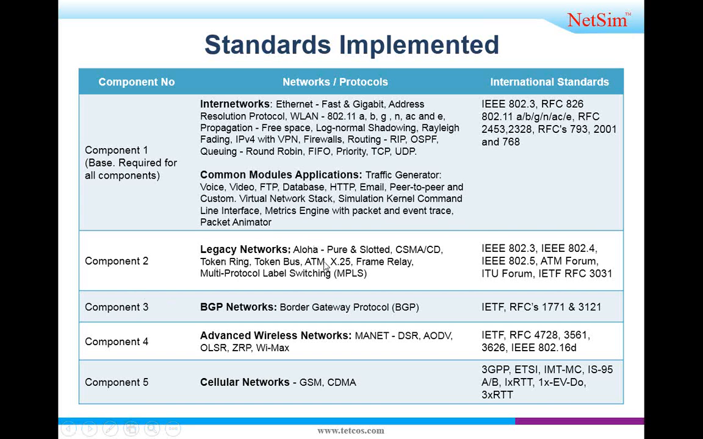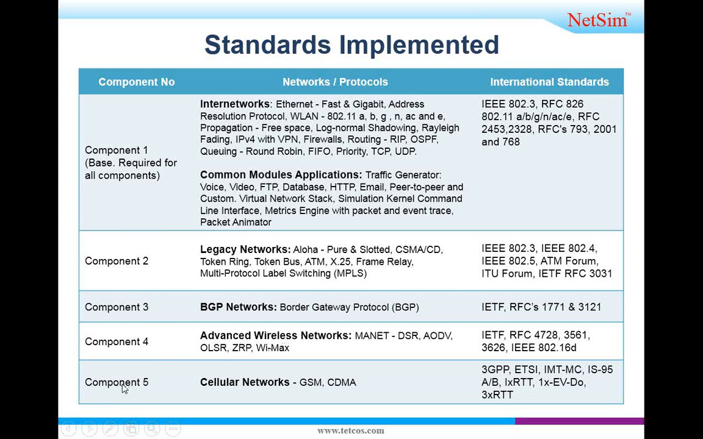Component 2 has some legacy networks like Aloha, Pure Aloha, Slotted Aloha, then the topologies, token ring, token bus. All these are included in component 2, and these are their corresponding international standards, which are according to their standards only. Component 3 is BGP, Border Gateway Protocol. Component 4 is Advanced Wireless Network, that is MANET, Mobile Ad Hoc Network, which has DSR, AODV, OLSR, ZRP, and